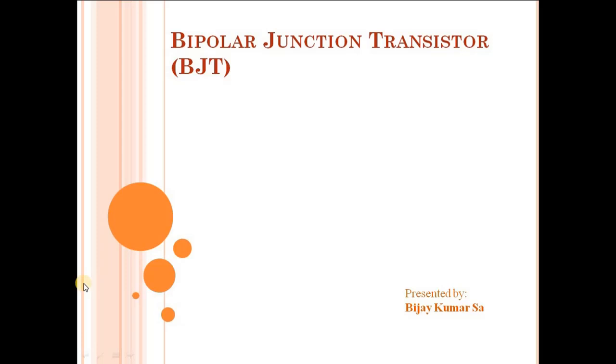To understand this topic, which is the bipolar junction transistor, by now you must be very clear about the different types of semiconductor materials, that is p-type materials and n-type materials. You must also be very clear about how the p-n junction works, the concept of depletion region, and how the p-n junction works in the different biasing conditions, that is in no bias condition, in forward bias condition, and in reverse bias condition.